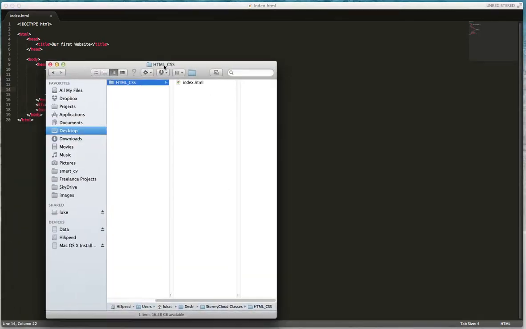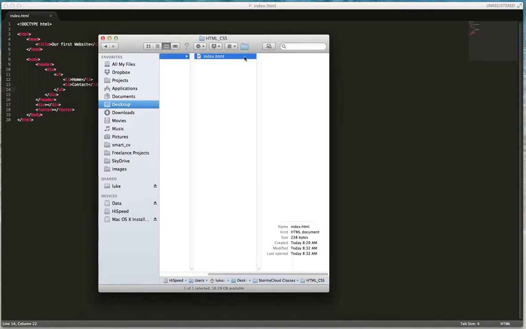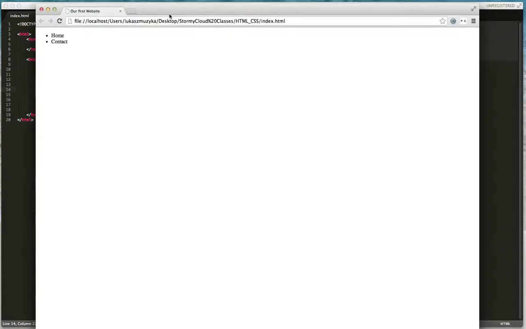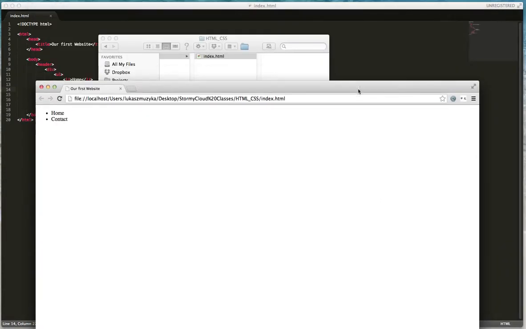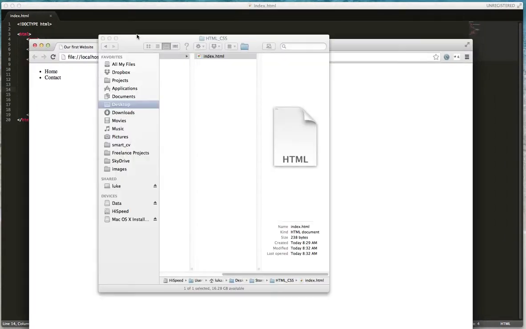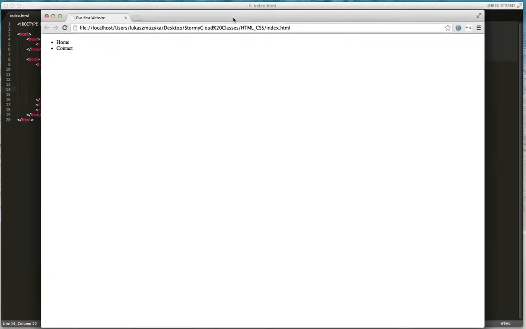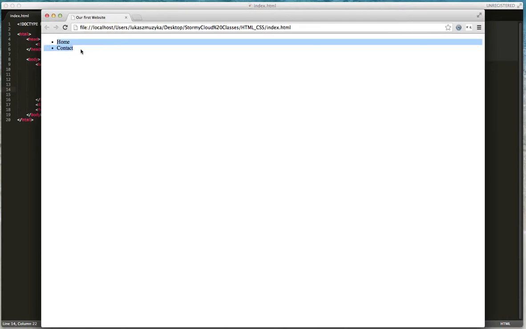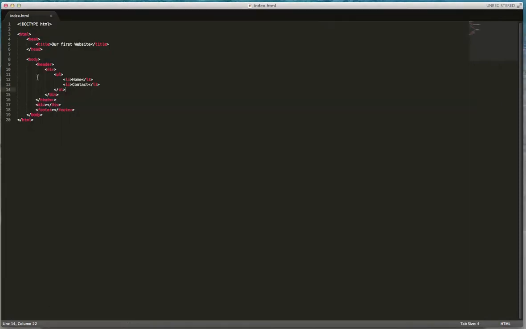Let's go to the folder that we just created and open the file. Let's open it in the browser. There we go. Just make it fit in the window. So there are two things that you can already see. First one is the title of the website, that you can see our first website, and two items in the menu. Just to show you how it looks, we can change the title to say